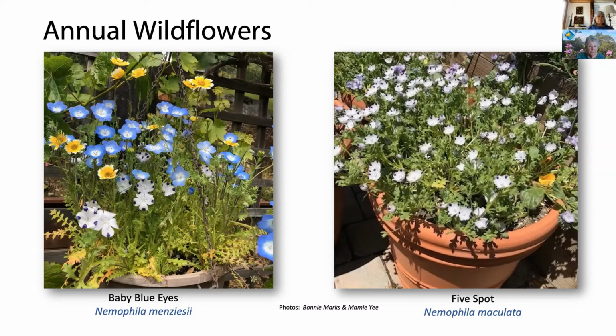The sort of dark periwinkle blue ones are called baby blue eyes, and the ones I've actually got a few mixed in the pot and in Mamie's pot. You can see how they get their name if you look closely and count around the 5 petals. They're called five spot, each petal having that nice dark purple spot in the middle of the white. The yellow ones we'll come to very shortly. That's another native, and we'll see it